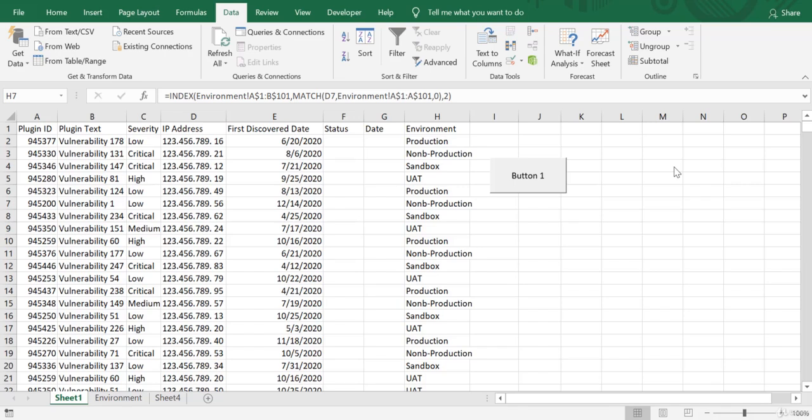Now that we've learned how to use the index and match functions together, let's look to tag on a couple of other very powerful functions in order to update our status field. Now, I want the status field to say open if a vulnerability has not been remediated and closed if a vulnerability has been remediated. And the way we're going to simulate this is we're going to copy our vulnerability from this sheet to another sheet,